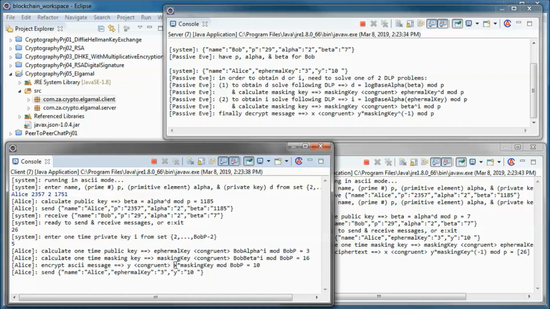And she uses the masking key to encrypt the message and obtain this ciphertext Y, and she sends the ephemeral key and the ciphertext to Bob.